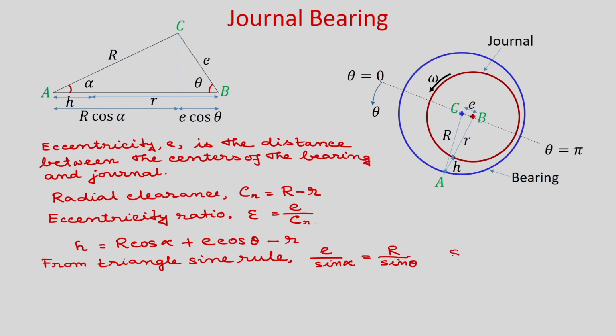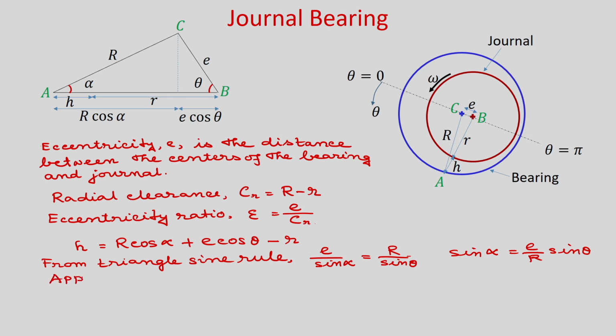Okay. So, we can write sin alpha is equal to E by r sin theta. Sin 0 will be 0 and sin pi will be 0, but sin pi by 2 will be 1. So, obviously, it varies between 0 to 1, and in this case we will approximate that the maximum clearance is 0.1% of r.